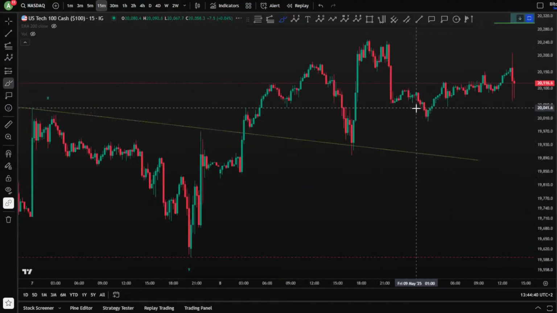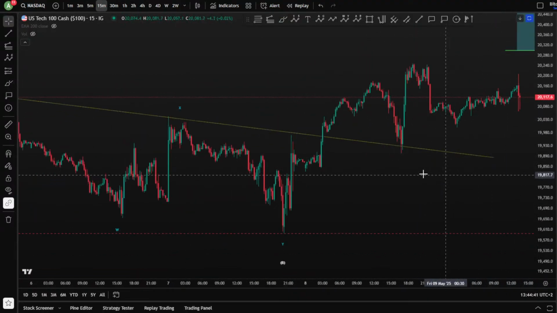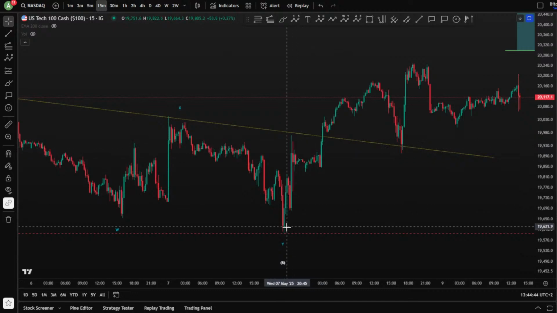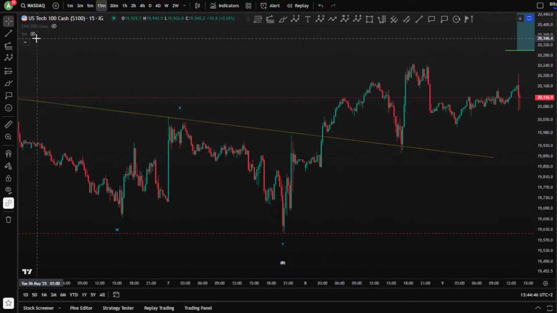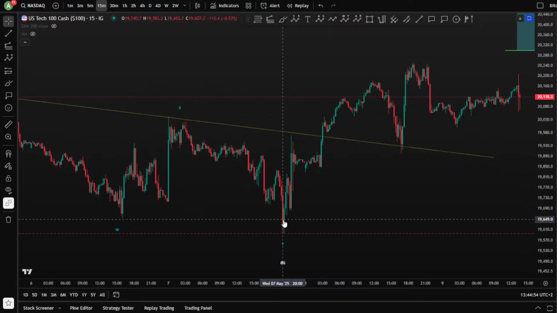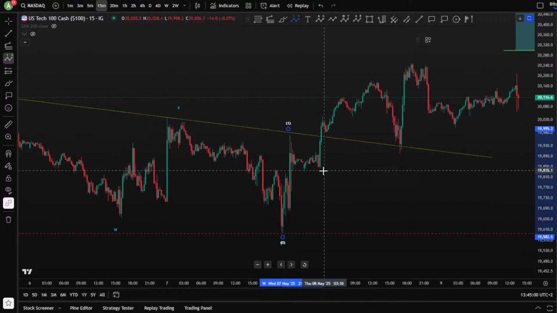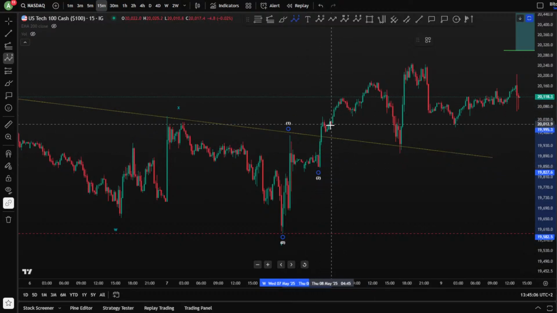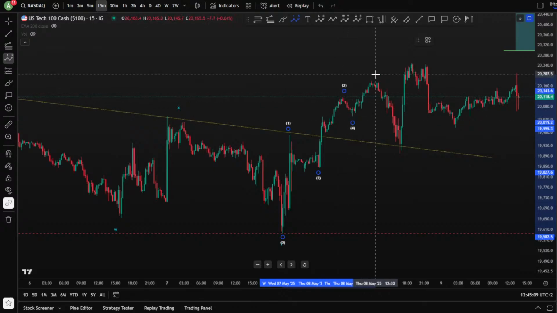Let's move to 15 minutes and zoom in. So here you have kind of like a 1, 2, 3, 4, 5 leading diagonal. 1, 2, 3, 4. Is it interfering? No. Yeah. But wave 3, 1, 2, 3, 4, 5, 4, and a 5. Yes. It's a good impulse. So 1, 2, and then 1, 2, 3, 4, and a 5, 4, and a 5. Yes. So this is your wave 3, 4, and a 5.